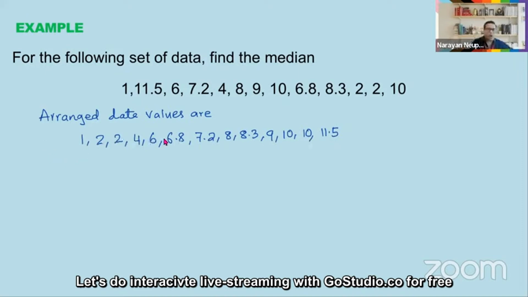So you have to count 6 from this side. 1, 2, 3, 4, 5, 6. These are the 6. And also count 6 from the other side. 1, 2, 3, 4, 5, 6. So you can see that here we have 6 data values, and here we have 6 data values. What is there in the middle? 7.2. So what is the median? Median is equal to